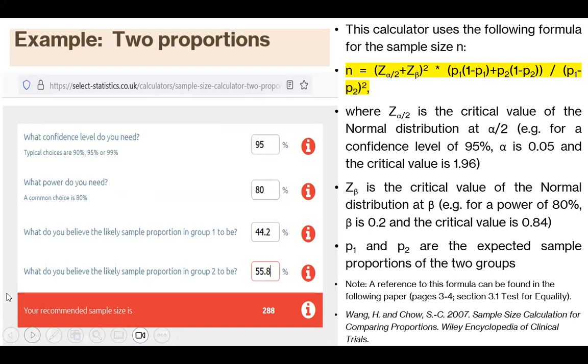And then furthermore, this site says what formula was used for the sample size and from what study it came. So this calculator uses the following formula as highlighted, and again we are given what the letters actually require or ask for, the values that you input. So you can do a rechecking on your own.